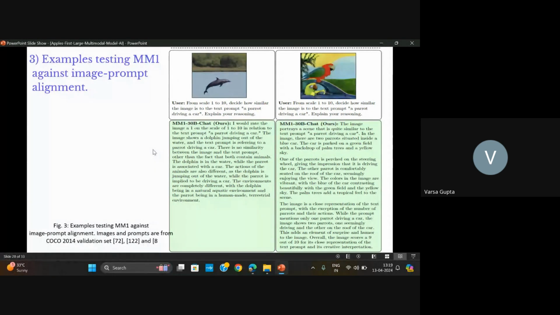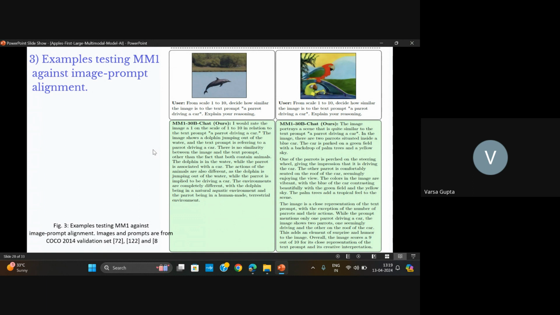So the model responds, I would rate the image as 1 on the scale of 1 to 10. So 1 is the lowest, the bad score. In relation to the text prompt, a parrot driving a car, the image shows a dolphin swimming out of the water, and the text is referring to a parrot driving a car. So there is no similarity between the image and the text prompt, other than the fact that both contain animals. This shows how well MM1 can perform